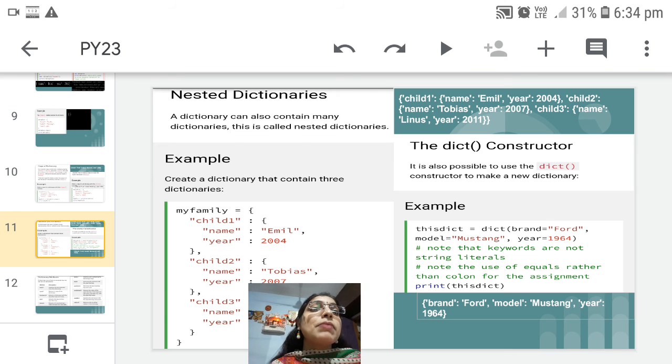The value can be a string, but the key should not be a string literal, and this is the reason why we have not specified the keys within double quotes. And while providing the values, we are not using any separate round or curly brackets. Directly provide the comma separated list of key and value pairs. So with the help of the dict constructor, this is one more way to create a dictionary.